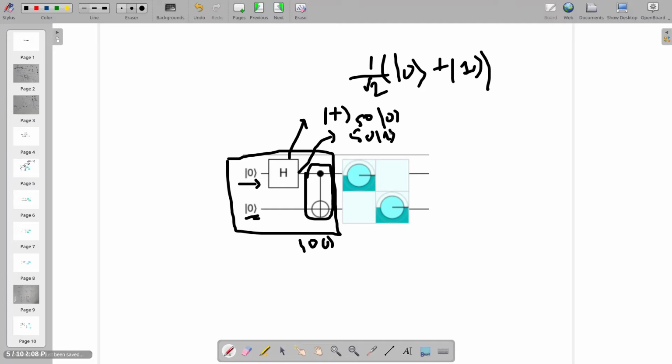However, 50% of the time, when the value is measured to be 1, the qubit is flipped. So we'll measure the value 1 1. And the probability of finding both of these values is nothing but 50%. So overall we get the state 1 by under root 2 (0 0 plus 1 1), which we saw in the previous slide is nothing but phi plus, which is the first Bell pair.